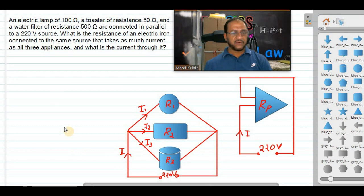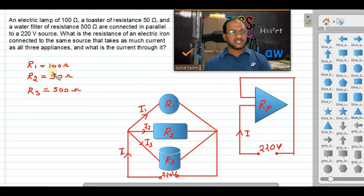So these resistances are given. What is R1 value? Tell me. 100 ohm. R1 is equal to 100 ohm. You can start writing. R2 equal to how much? 50 ohm. R3 is equal to, that is the water filter, 500 ohm. So when these three resistors are connected in parallel,